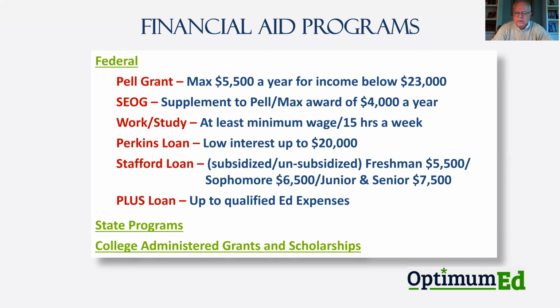The only question is, how much of it is going to be subsidized by the federal government, which means they would pay interest for the student while they're in school. Unsubsidized would be the non-need piece, and the student is responsible for paying interest on those loans while they're in school. They can also start paying principal if they would like, but they certainly should pay the interest that's reported twice a year, because if you don't, the interest is added to the principal of the loan each time it is